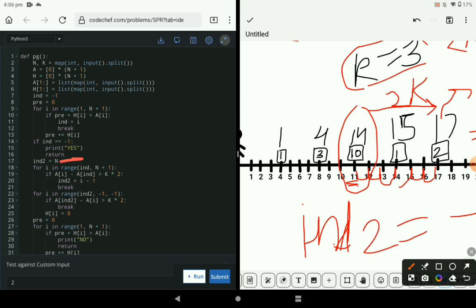सो हम फॉर लूप रन करेंगे और IND2 को i-1 इनिशियलाइज करेंगे। ओके, सो फिर हम एक रिवर्स फॉर लूप यूज़ करेंगे। रिवर्स फॉर लूप क्यों? वो सभी मीन्स जो IND2 है मीन्स लास्ट वाला मॉन्स्टर जो कि किल हुआ है, उसकी जो हेल्थ है उसको माइनस करेगा A में से, और जो मॉन्स्टर्स किल होते हैं बॉम्ब में उनकी हेल्थ सब्सिक्वेंटली 0 और 0 ऐसे 0 कर देगा ना, H = 0। ओके, सो बेसिकली हम फिर बाद में फॉर लूप चलाएंगे, फिर से चेक करेंगे,